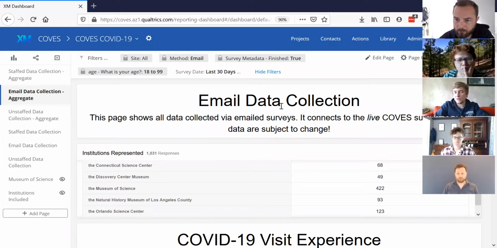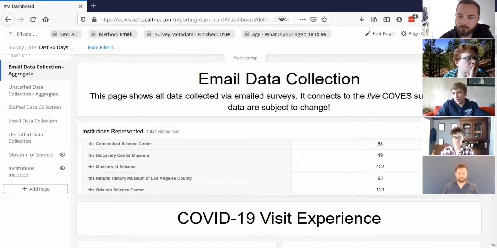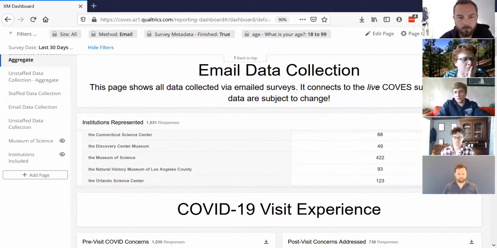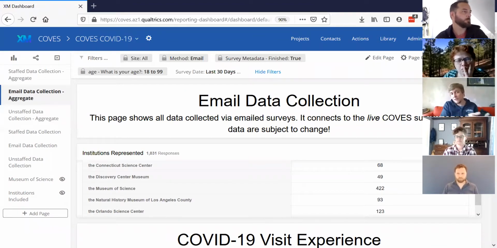The major differences are that you won't see your institution specific questions at the moment. This is a little bit of an experiment for us, connecting the survey to the dashboard, to the live survey. So if you sat here and refreshed the dashboard a few times over the course of the day, you would see the survey totals go up and up, whereas the existing dashboard is more static because we just do the upload monthly.